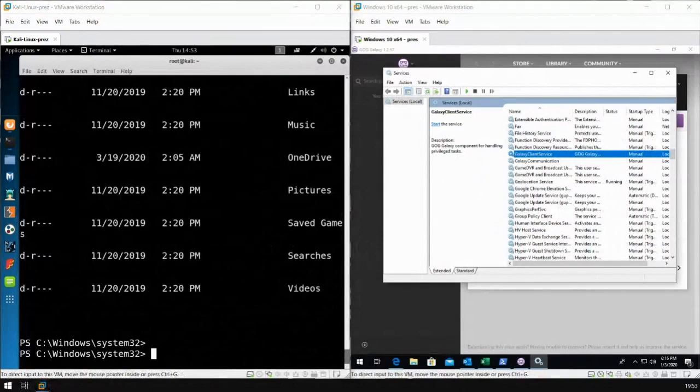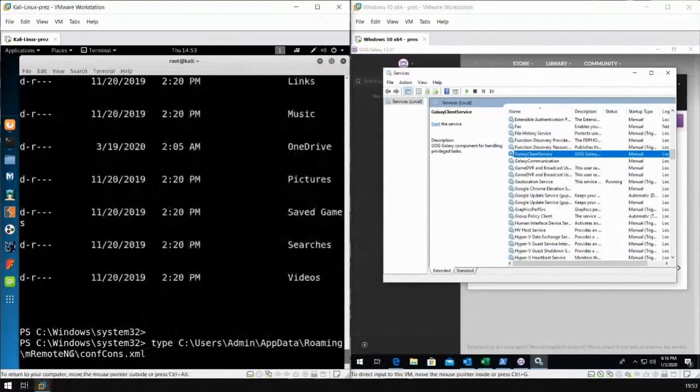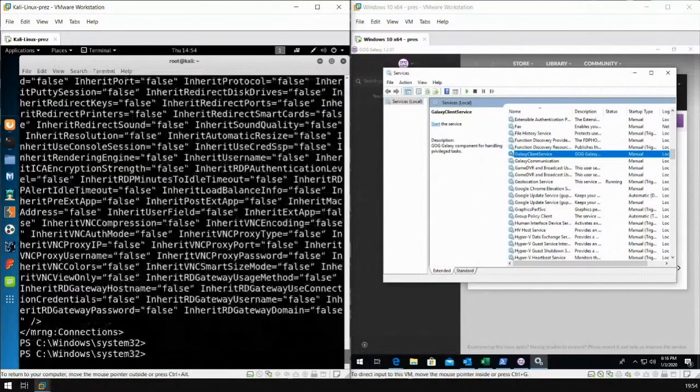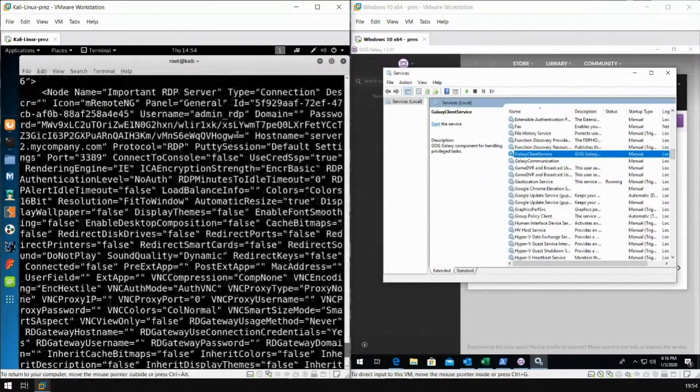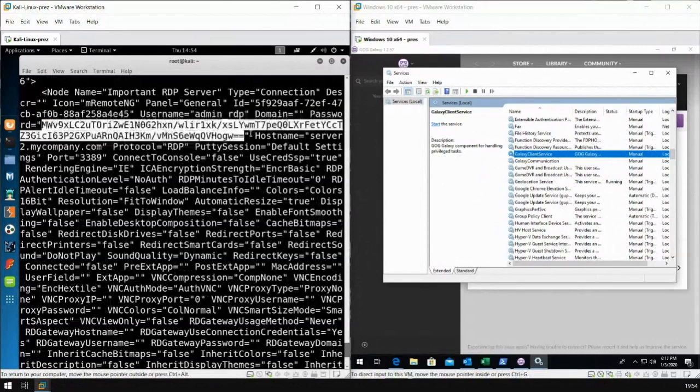Also, in this case, we are able to get access to the mRemoteNG configuration file of another user, the admin user in this case. That was the tool responsible for managing the connection with RDP service. Okay, so let's see what's in this configuration file. And as you can see, there is a username, there is some encoded password, there is a host name, and there is a port. Okay, so let's copy this hash